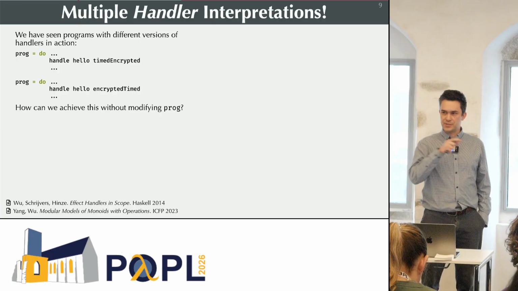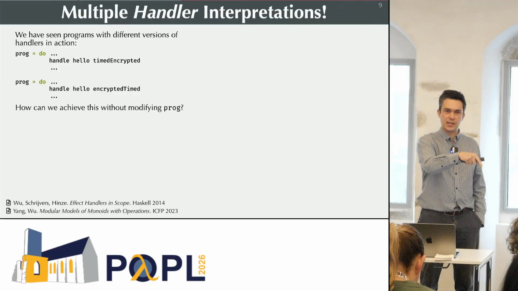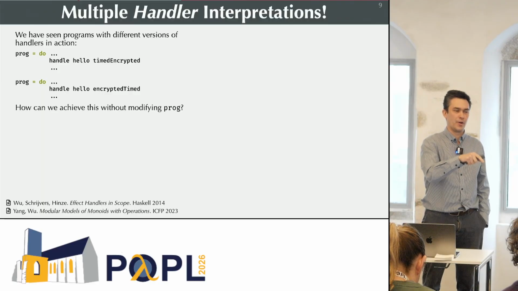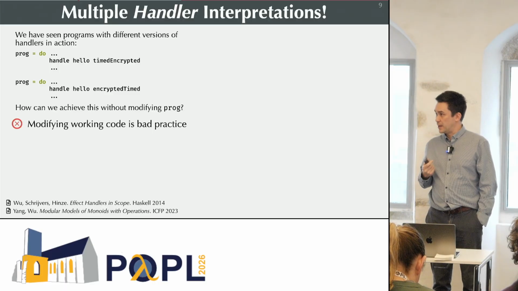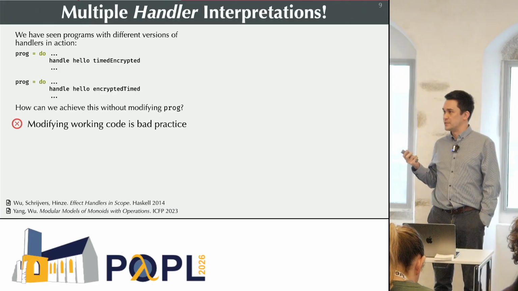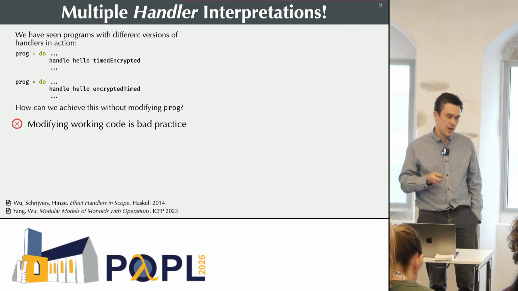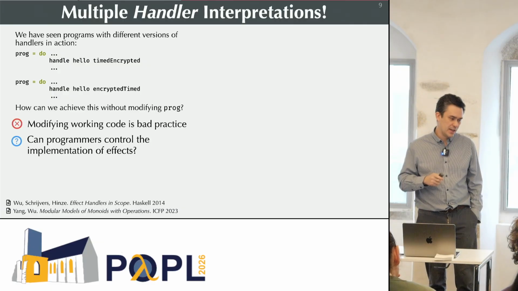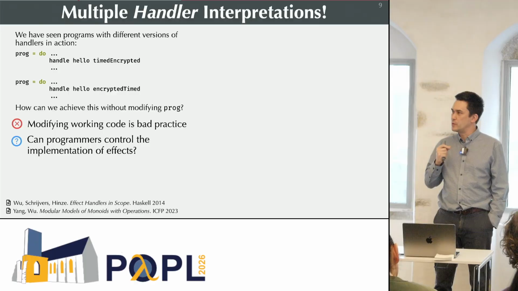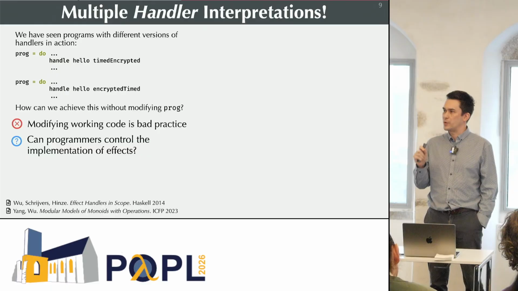And this is almost the same question that we had just a minute ago, except that I'm now asking myself, how do I change what handlers are being chosen, rather than how do I change what the operations are doing? And we want to do this in a way that's suitable. So we've gone through the reasons why this is bad for ordinary operations. It's also going to be bad for handlers. So we can't just modify the handlers and say, well, I've changed my mind and delete all the code and replace it with something else. And so again, we want to say, well, can we perhaps somehow reinterpret the handlers themselves in different contexts? So can we have handlers?